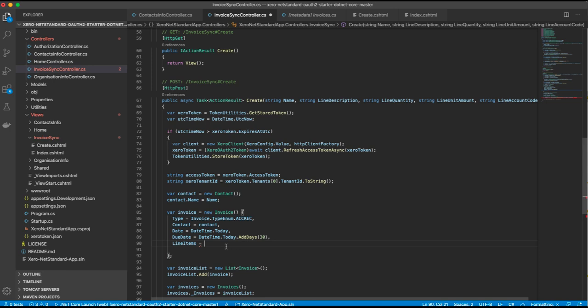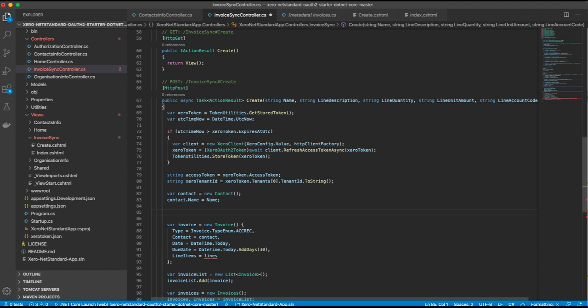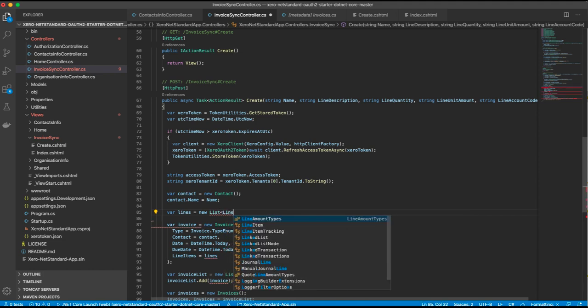So I'll need to make sure that the lines are defined. So let's assume that lines is a list of line, and I'll create that line object, lines object, and that equals to new a list of line item,